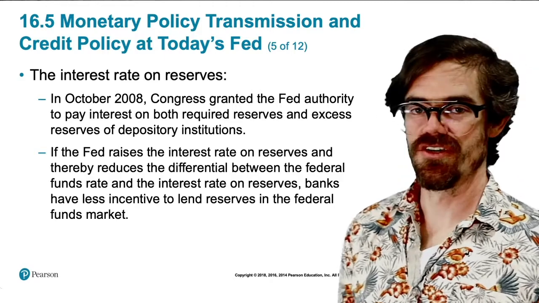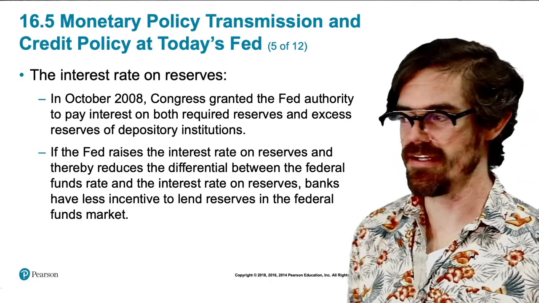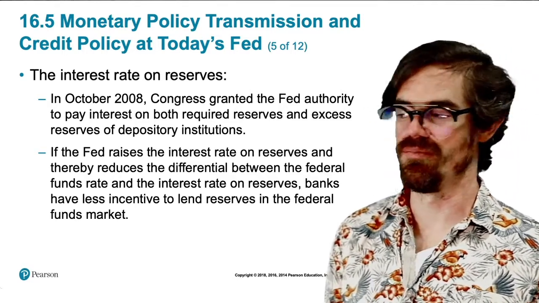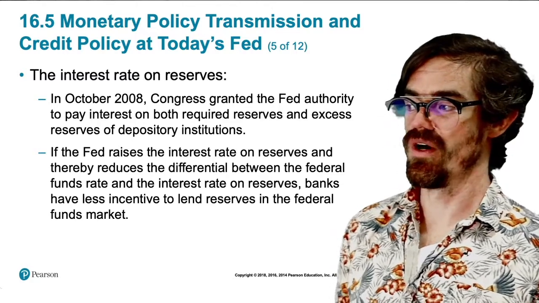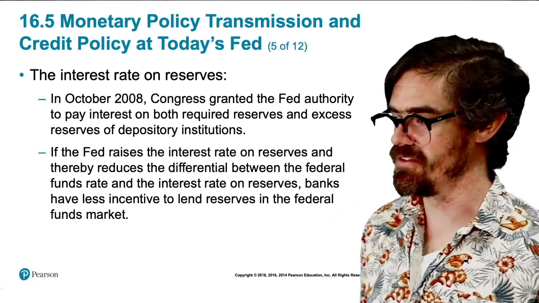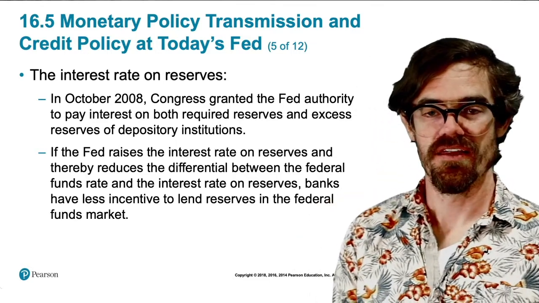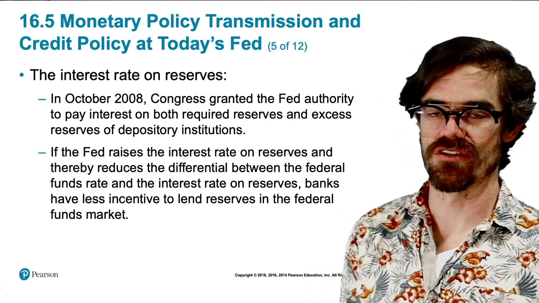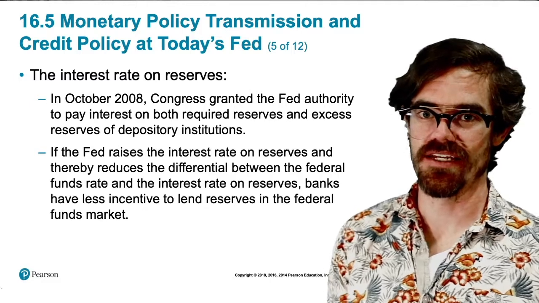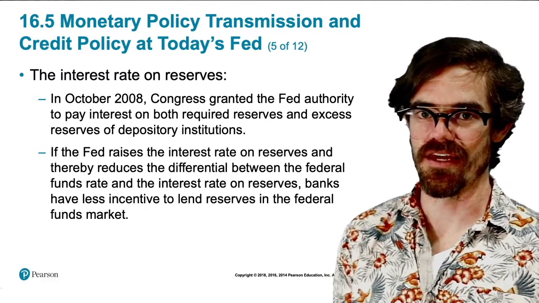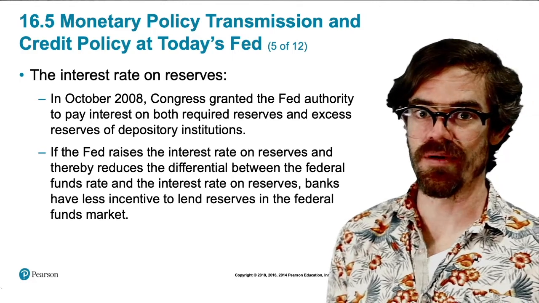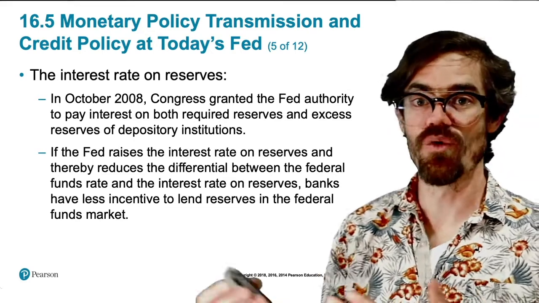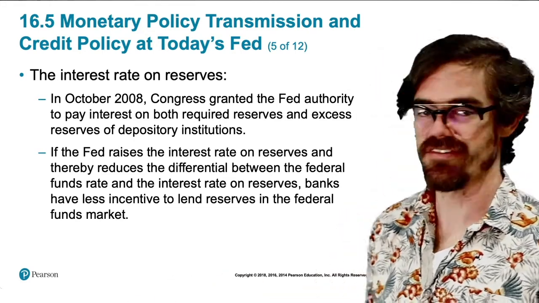All right. So the interest rate on reserves: in October of 2008, Congress granted the Fed authority to pay interest on both required reserves as well as excess reserves. This hadn't been done previously, but of course, banks are required to hold some level of reserves, right? According to the required reserve ratio, they have to have at least 10% of the money that is deposited with them. So again, when you deposit $100, they have to have at least $10 of that on reserve. They can have more than that, in which case it's excess reserves, but they have to have at least that